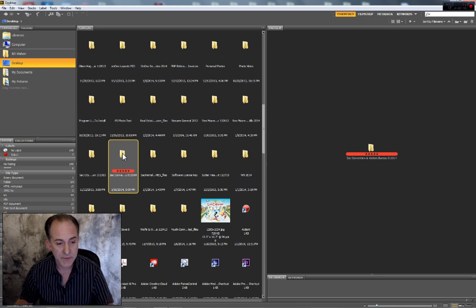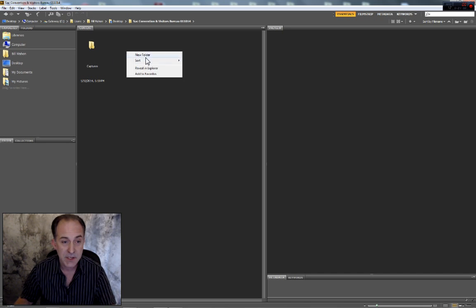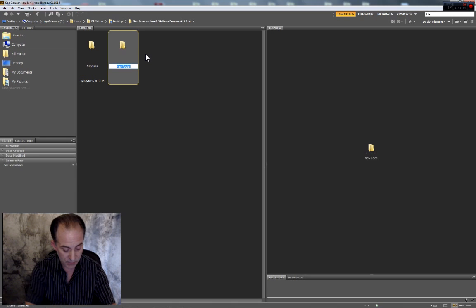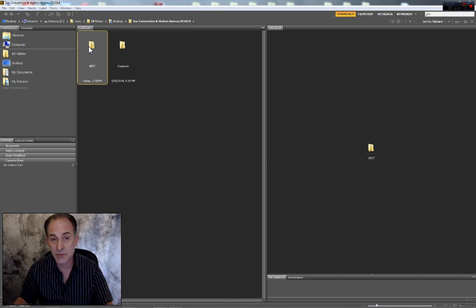So we're going to start off in Bridge, and I'm going to open the job, and you'll see my folder here called Captures. Captures are my raw images, from which we'll select the best images. So I choose a folder called Best, and that's where I will drop my captures that I select as the images that I want to work from and deliver. So let's open the Captures folder,